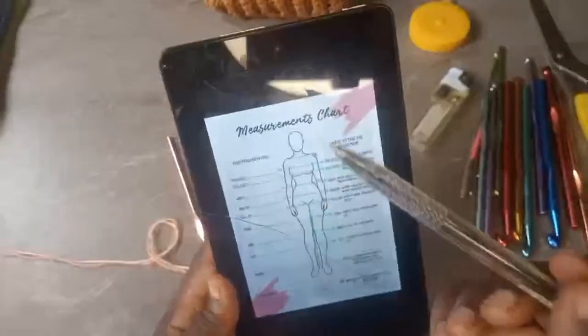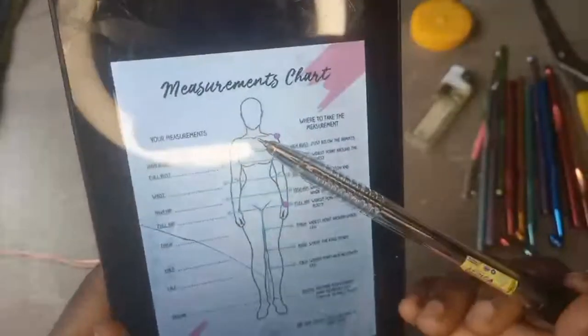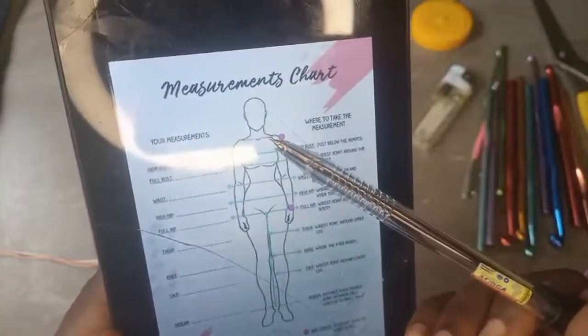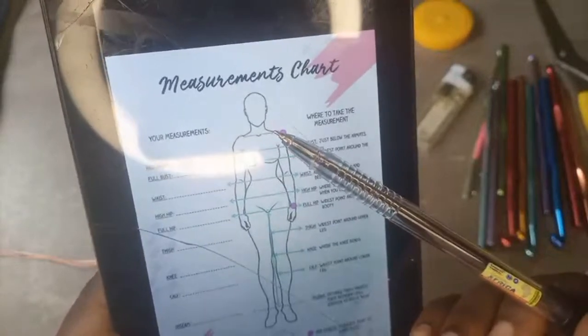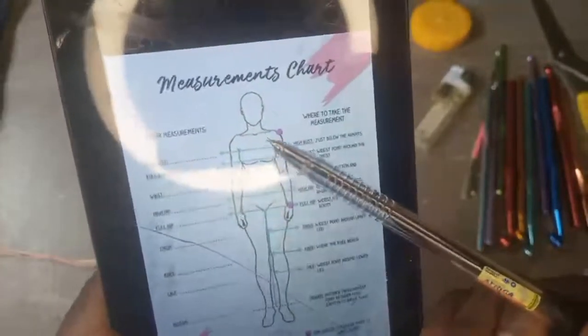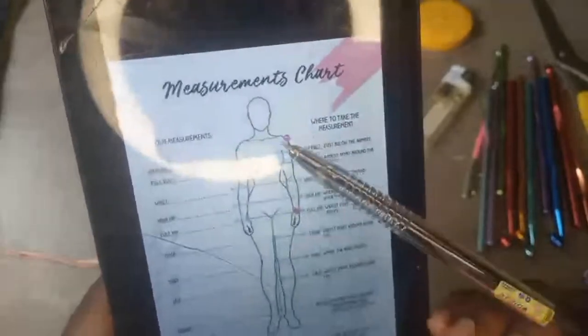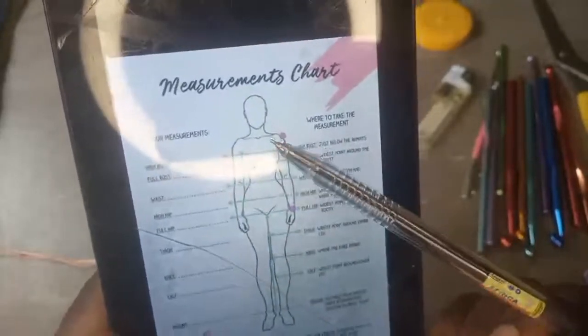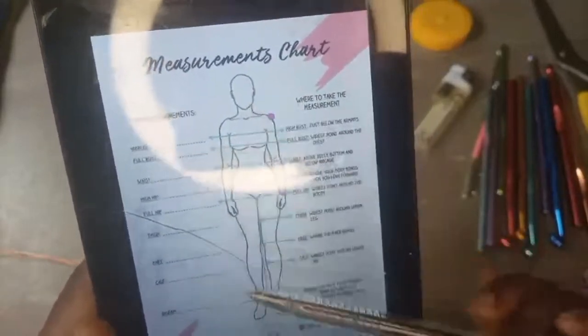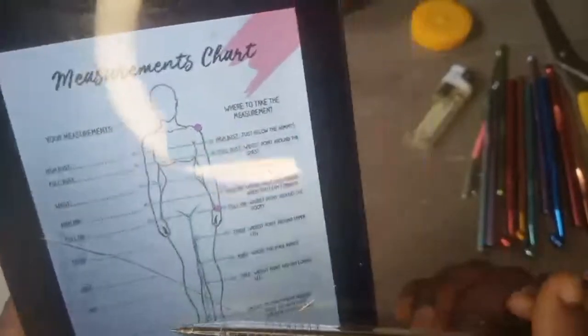Now, if you want to measure a customer and you are taking the measurement, you have to take the measurement from the shoulder. So from this shoulder to anywhere that you are trying to measure is called length. It is the length of the dress or of whatever you are trying to make.